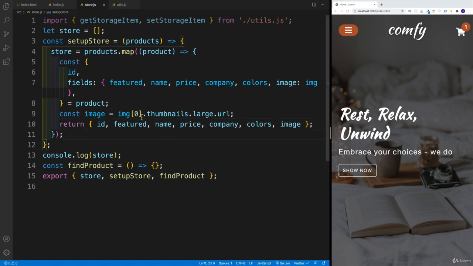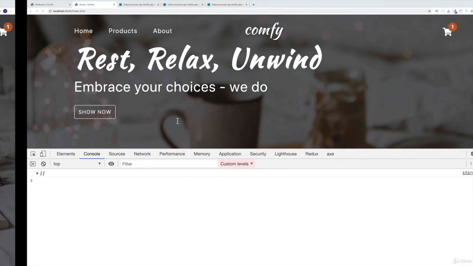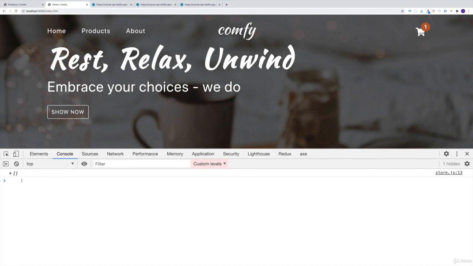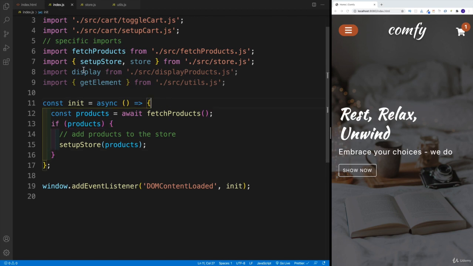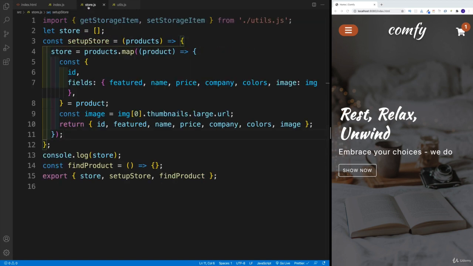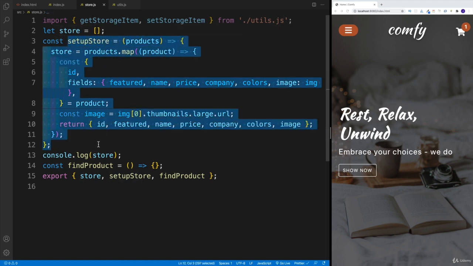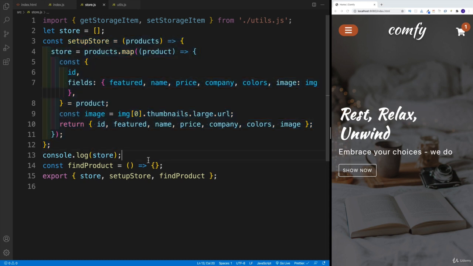And once we have all our functionality in place, once we have massaged our data and set up the store, of course, we have console log for the store, but you'll see that essentially it's going to be interesting where we won't be able to see the store, meaning store is still going to be an empty array. Now, why is that happening? Well, let's think about it. So in the index.js, we import setup store and store coming from store.js. So what that means is that it invokes it, correct? Right away, store.js. So what happens is we don't call setup store